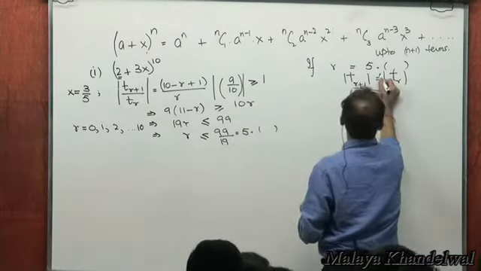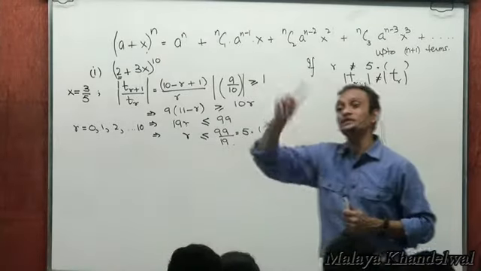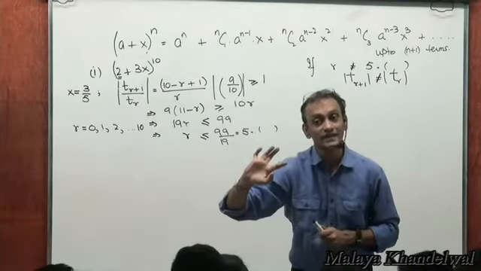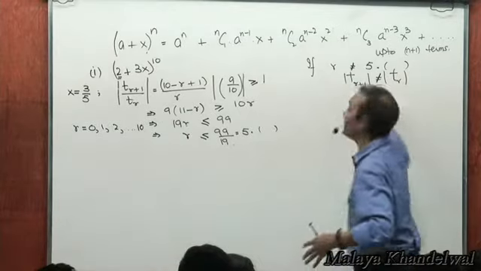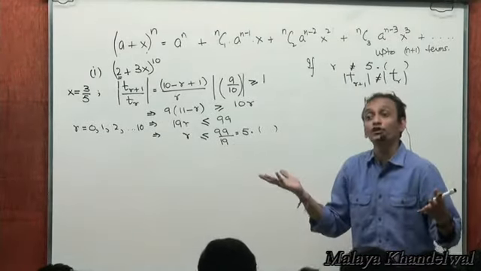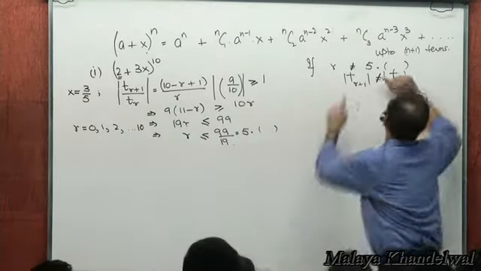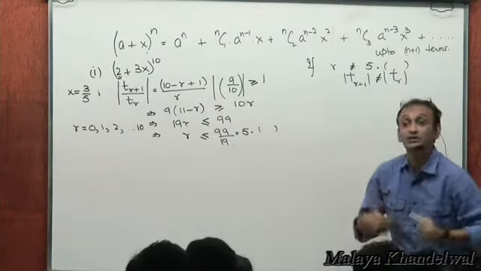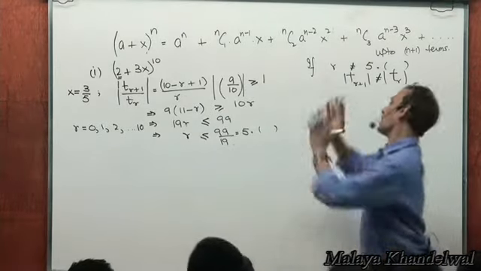Because r is never assuming this value, no two terms in this expansion will ever be the same. No two neighboring terms will ever be the same for any value of r, because the only possible value of r for which a term could have been equal to the previous term numerically is 5 point something. But r is never assuming non-integral values here, right? So now,